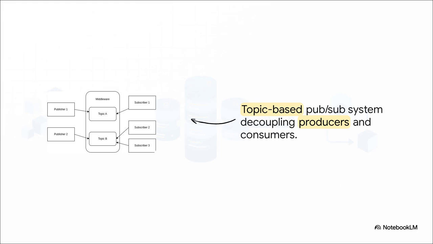Imagine a traditional software setup. You've got services talking directly to each other, right? It creates this really fragile, tangled web. If one single service goes down, the whole workflow can just cascade into a massive failure. Well, a topic-based publish-subscribe system solves this through what we call temporal and referential decoupling. Basically, publishers just send their messages to a central middleware broker, and then subscribers pull whatever they need whenever they need it. They literally don't even need to know the other exists, which completely eliminates that tight coupling.